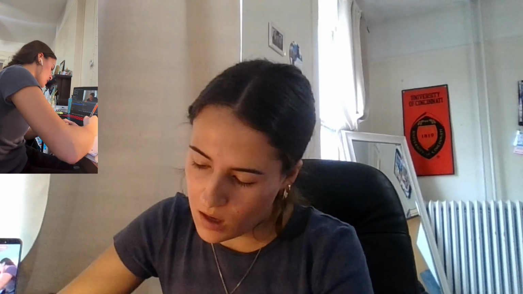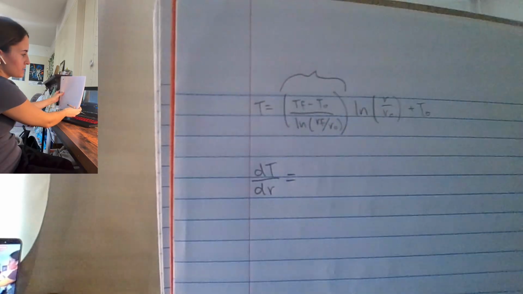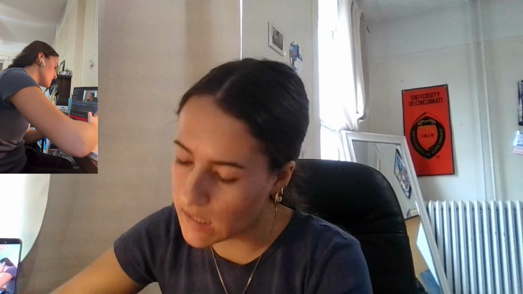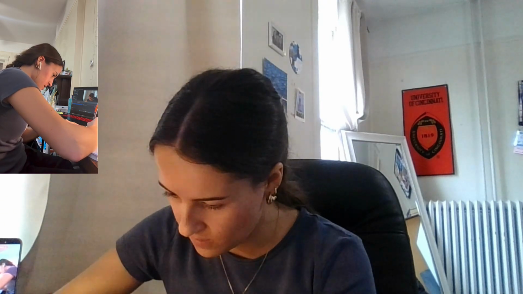So dT over dr equals, and then I'm going to go ahead and resubstitute in this whole term as C because it is a constant, and that just makes it easier for us to solve this derivative. So we have our constant C, that's going to remain the same. When you take the derivative of the natural log, it's going to be the reciprocal of what's inside